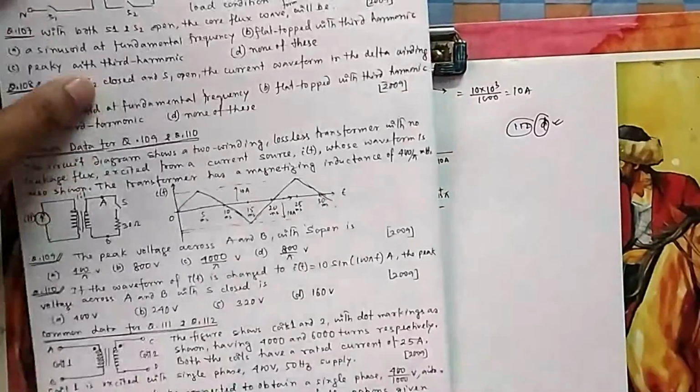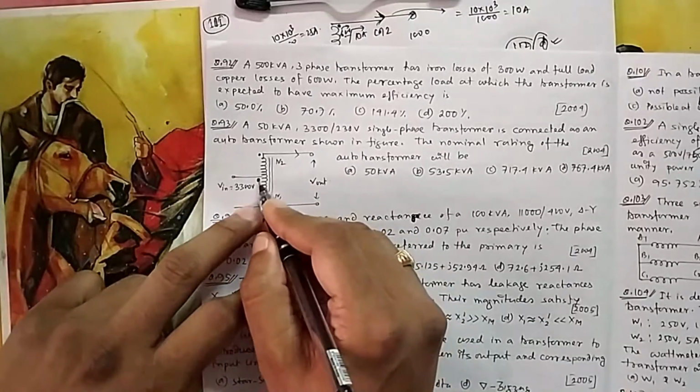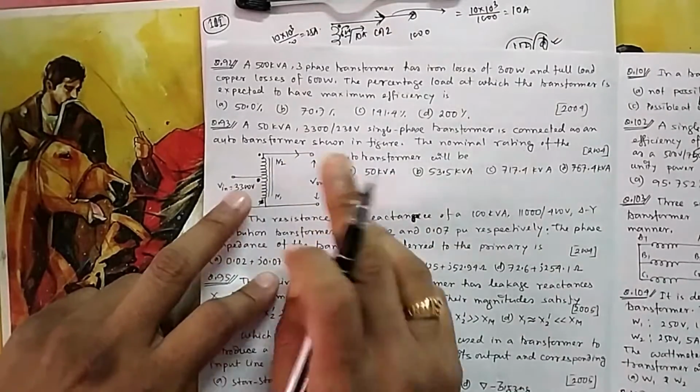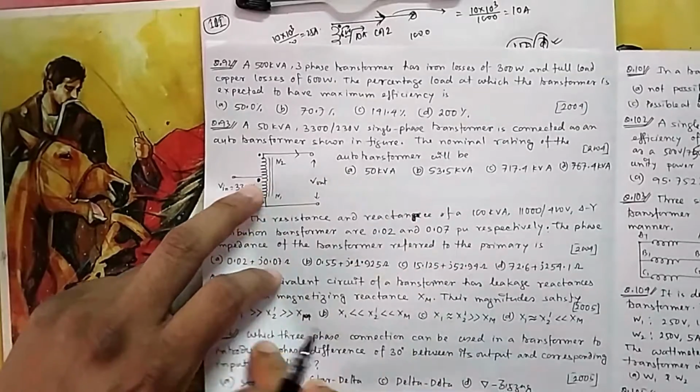Now there may be a confusion you may see, so let me clear that first. In question number 93, by mistake I have given that dot here. This dot should be here. So you correct that, so there will be no confusion. Because it is transformer action, current is entering here, so here it should come out.